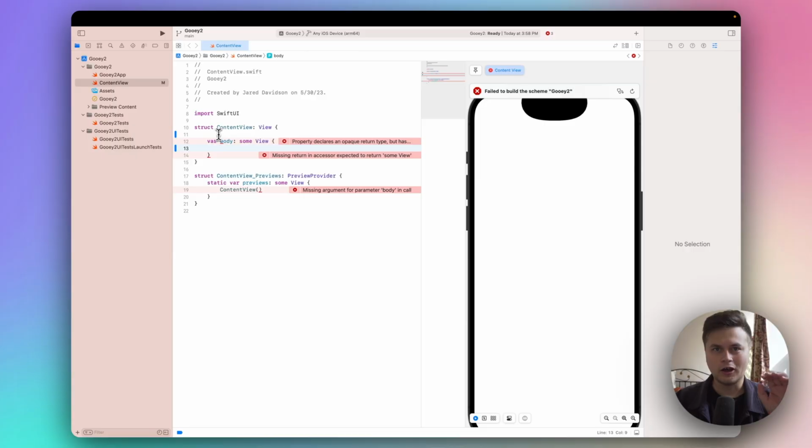Hello from India, and today we're going to be building a GUI sticky effect in SwiftUI. Let's get started. Alright, so in order to achieve this effect, we're going to start out with a blank project